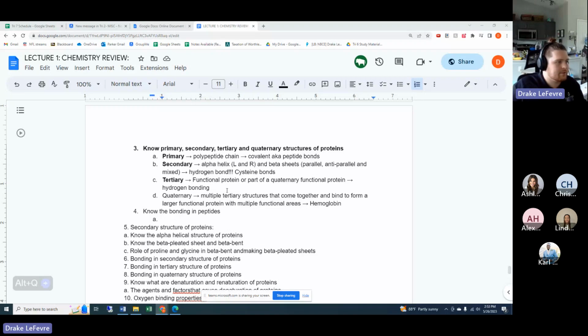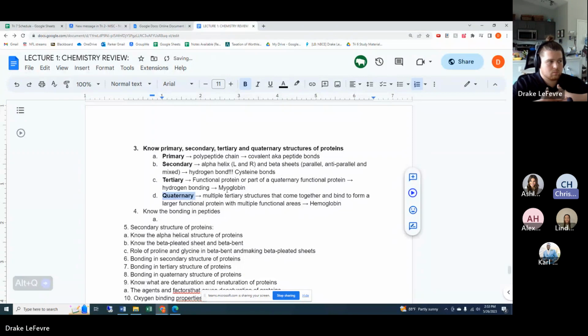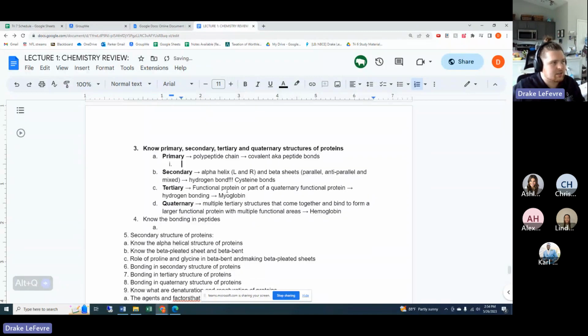Yeah, myoglobin is tertiary. Does the primary structure have disulfide linkages in it too, or no? No. The primary is literally the second it starts. So